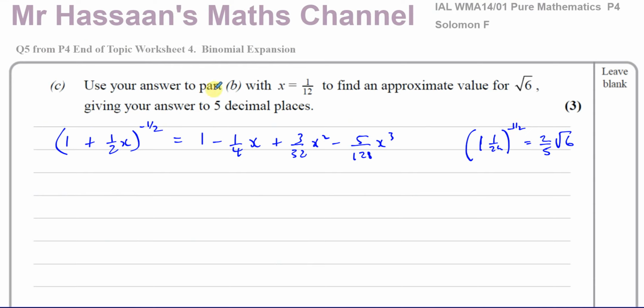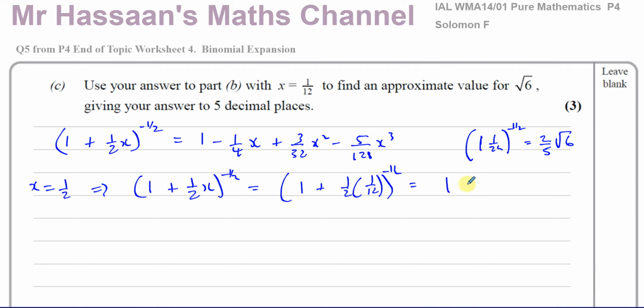So it says use your answer to part B, which I've written down over here, with x equals 1 over 12 to find an approximate value for root 6. Give your answer to 5 decimal places. Okay, so we've got to take x equals 1 over 12, and let's put that into this. If we put that into here, we have 1 plus a half x to the power of negative a half will become 1 plus a half times 1 over 12 to the power of negative a half,